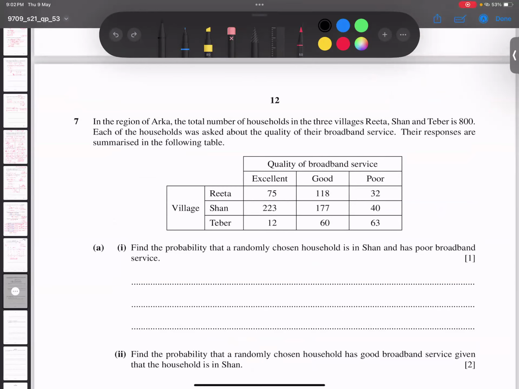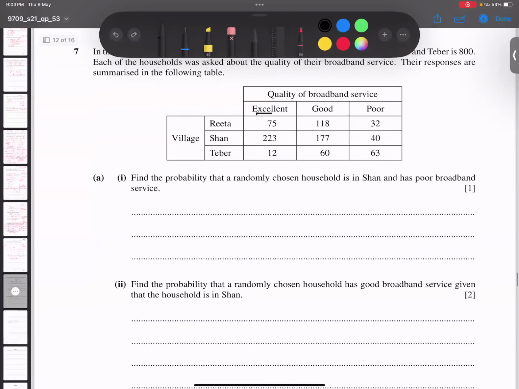Each of the households is asked about the quality of their broadband services, and we have given a summary here: excellent, poor, and good, for Rita, Shan, and Tiber. Find the probability that a randomly chosen household in Shan has poor broadband service. So Shan from here and poor from here. So 40. It means 40 out of the total homes are